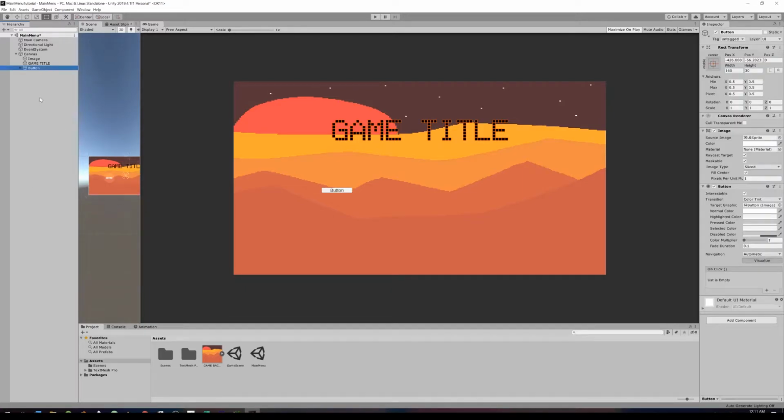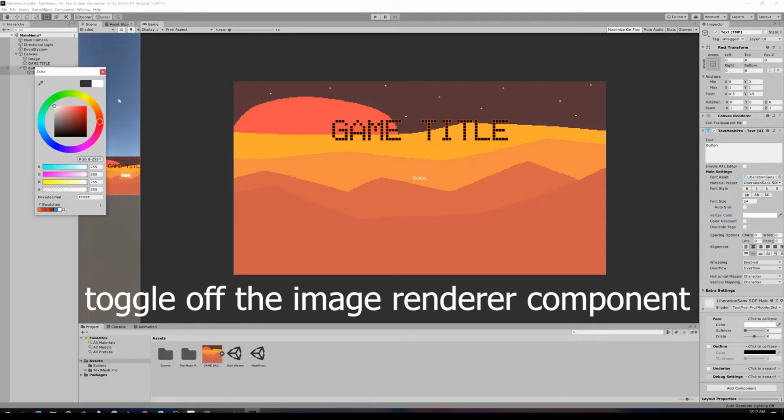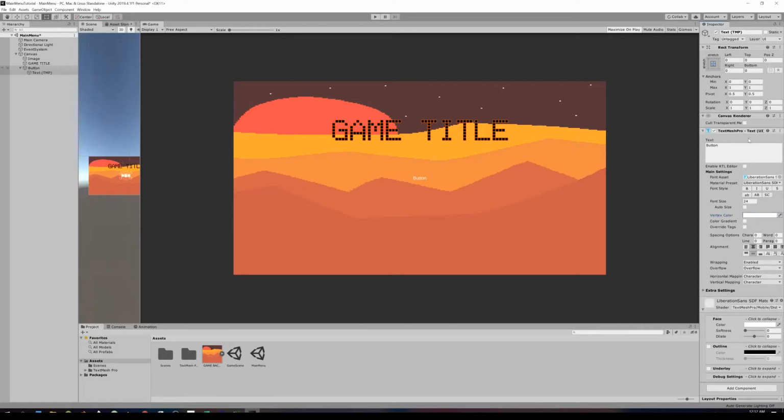So we create a button text mesh pro. We move it to center by resetting the position. As a matter of fact, I don't want the image renderer, so this button outline. I want the text to be animated. So first of all, we need to change the text color to white. We change the text to start game, for example. We can change the font to Roboto Bold. Let's make it bigger, like 60 or like 40,